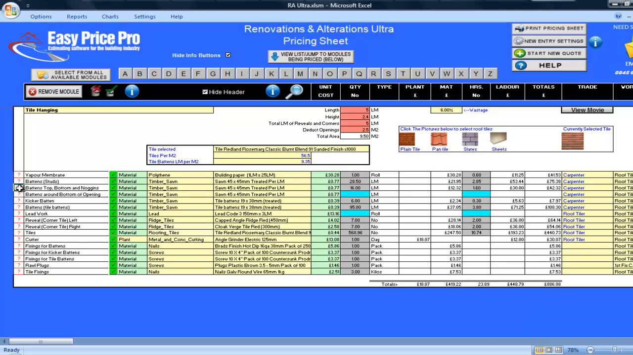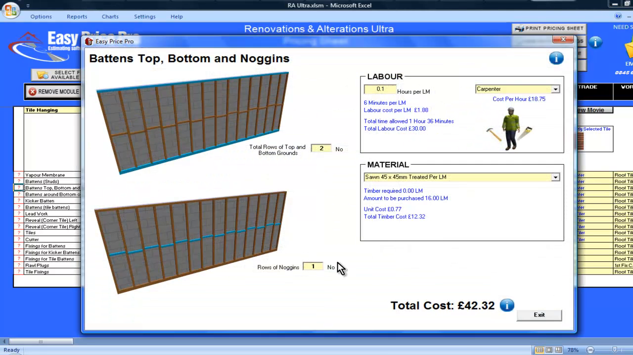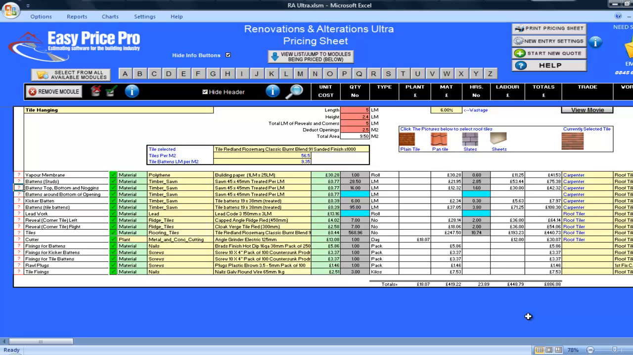I'll also click on the battens, top, bottom and noggins. In this picture I can see the default of the row allowed. The total for top and bottom is 2, and there is 1 row of noggins. I'll leave these as they are, but you can change them. This would be something that I would probably do in my master copy, then I wouldn't need to check it